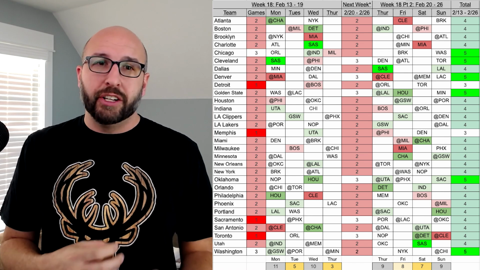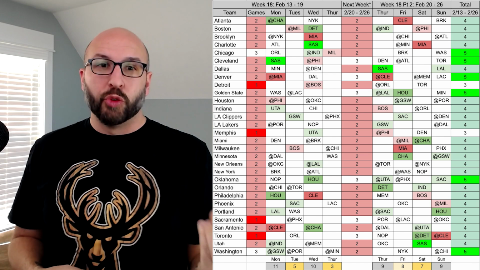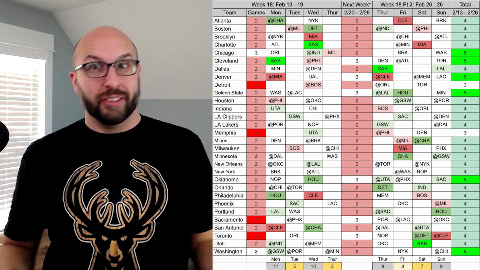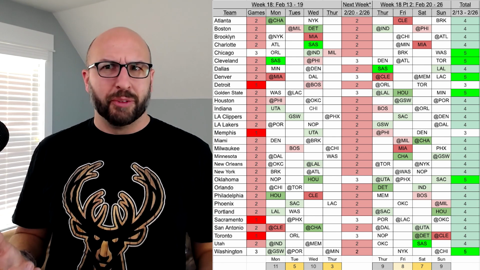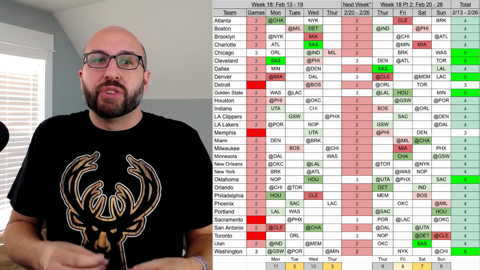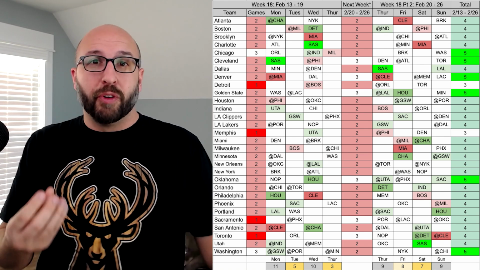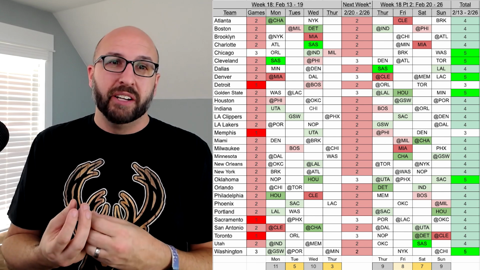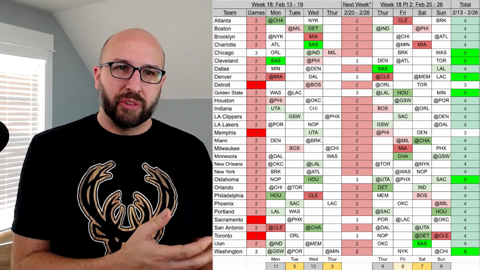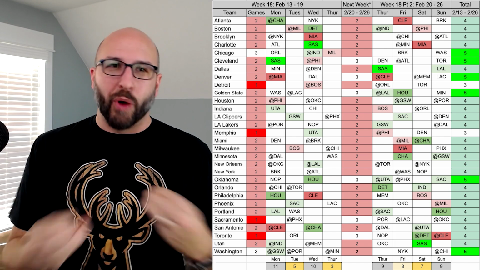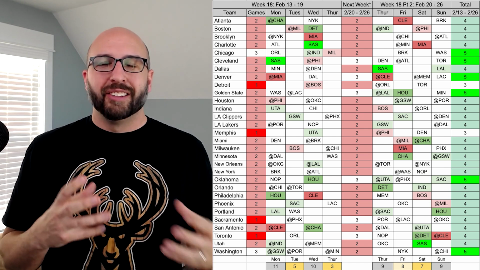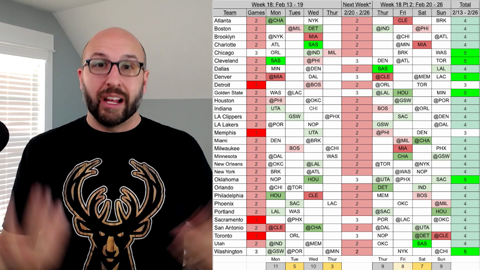These are two teams in green, San Antonio being the team you most want to go against. Charlotte being fast-paced, not a great defense. They also made some moves there too. I'm more interested in that than, say, Detroit's a great matchup for Boston. Boston will be playing up in speed, but you don't like Detroit against Boston, right? There's a green versus a red team, if you will, and take those things into consideration. That's what to use this for.